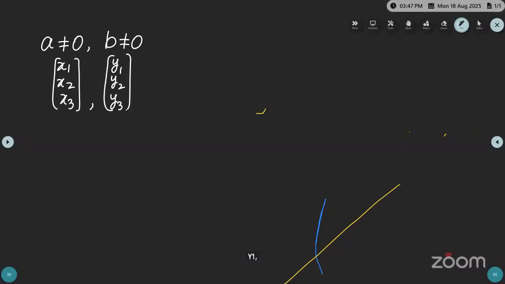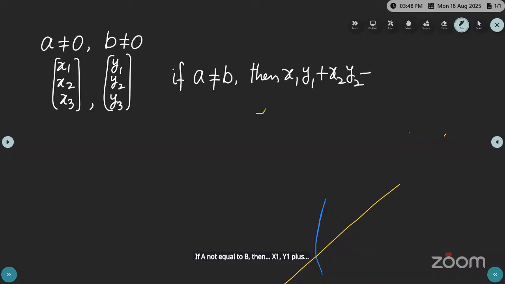If A not equal to B, then x1 y1 plus x2 y2 plus x3 y3 is equal to